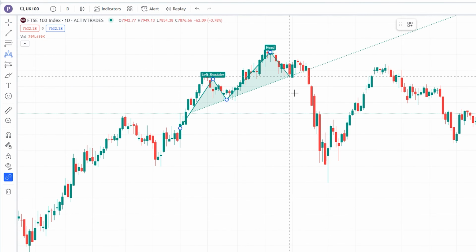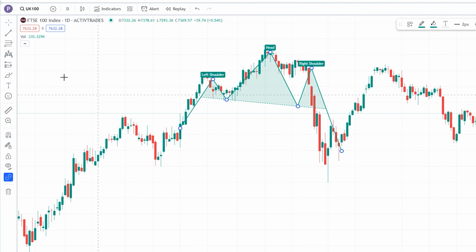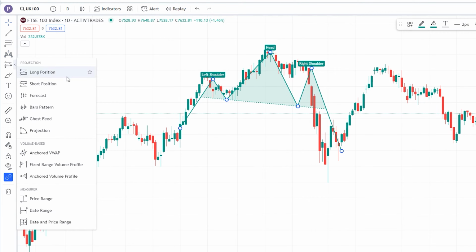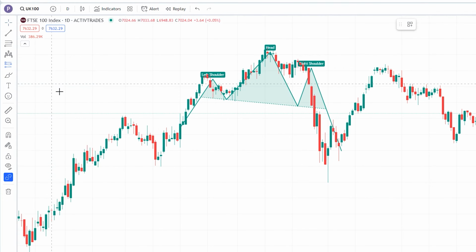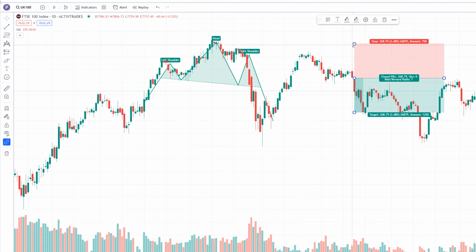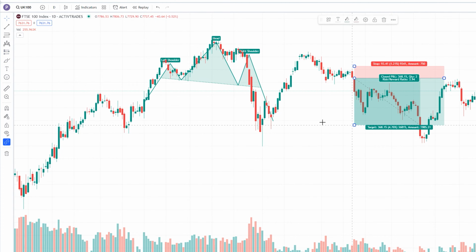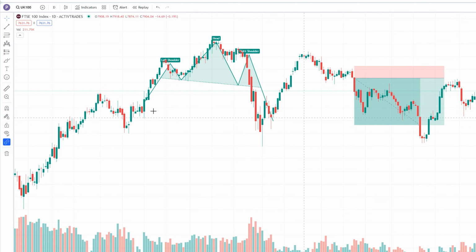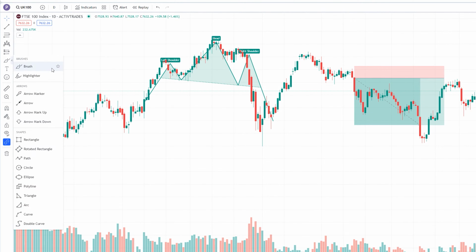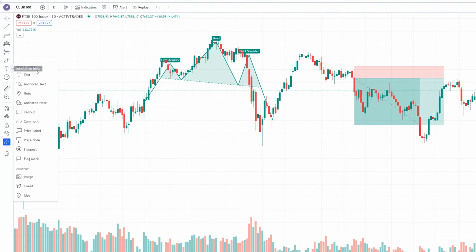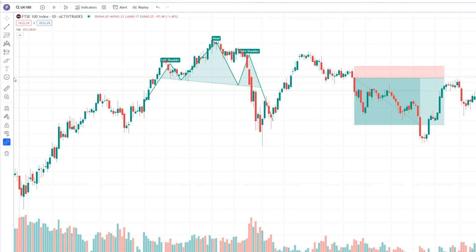using other tools. The Projection and Measurements button has a host of tools for measuring price movement and plotting price movement predictions. The most commonly used are the long and short position tools that let you plot trades on the chart so you can easily see the risk to reward ratio as well as other details. The Brushes, Arrows and Shapes button has a brush tool, highlighter, as well as a variety of different arrows and shapes you can use. The Text button has different tools and shapes for adding text notes to the charts. Finally, the Icons button provides a vast array of different icons that can be dragged onto the chart, repositioned and